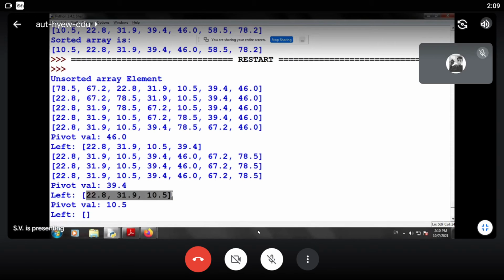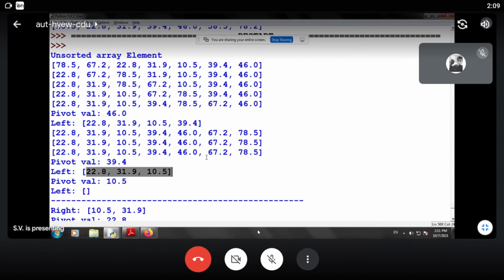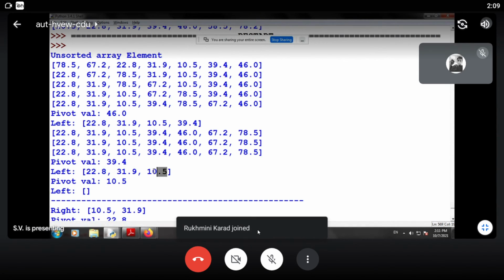Okay, don't worry about the right subtree, because the right subtree of 46 is different. So after division of the left subtree, we will find that it is 22.8, 31.9 and 10.5. So the new pivot over here is 10.5. So as we see, 22.8 and 31.9 are greater than 10.5.